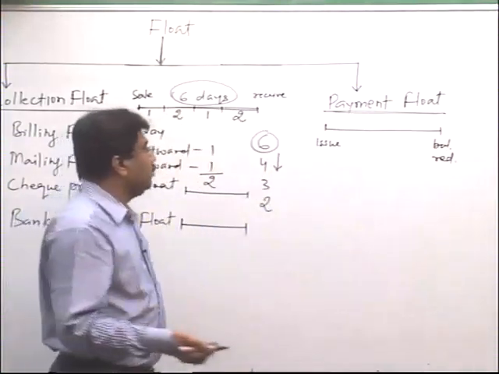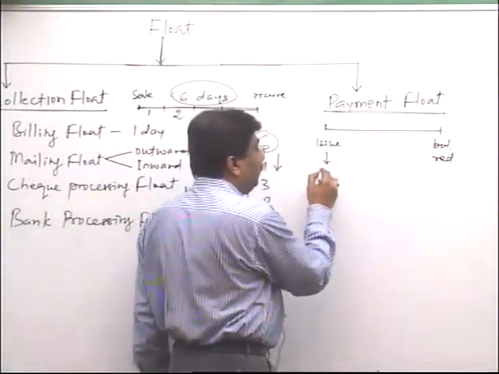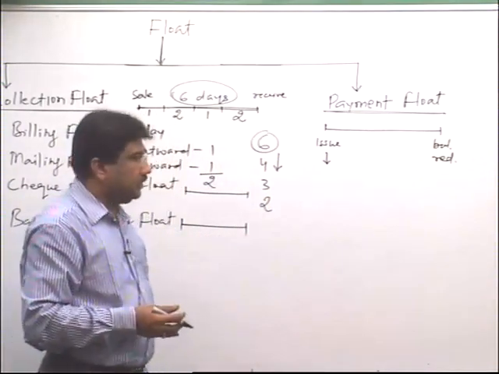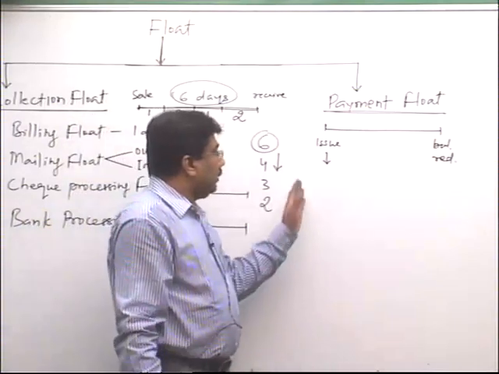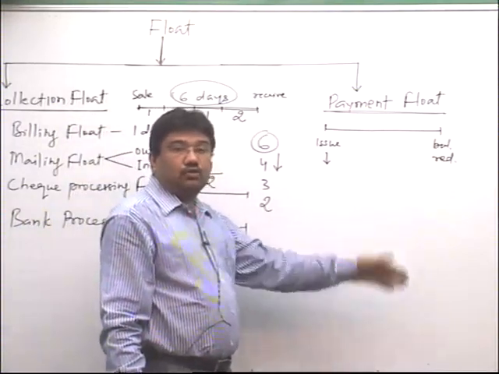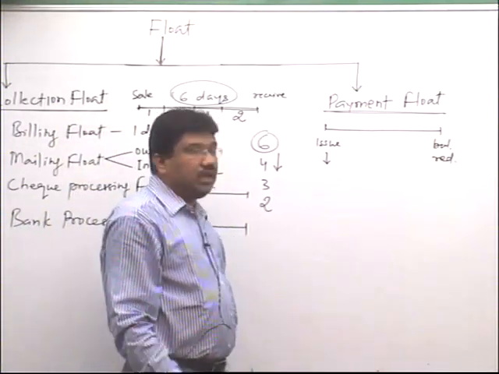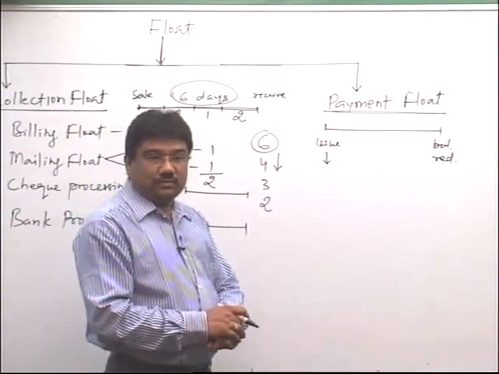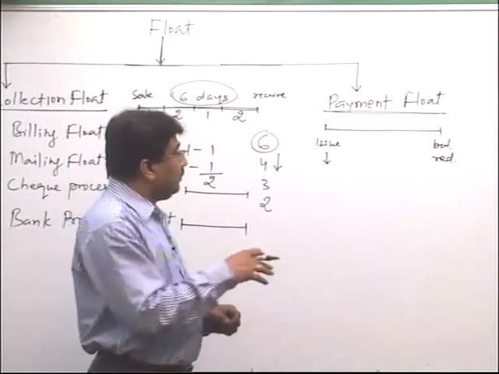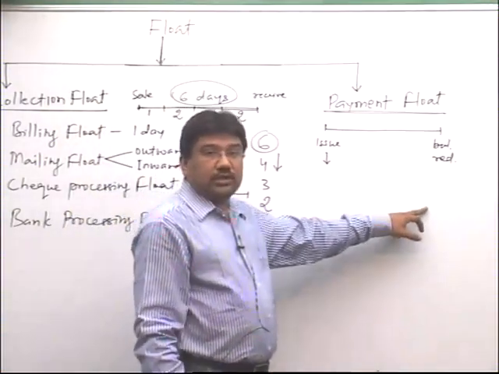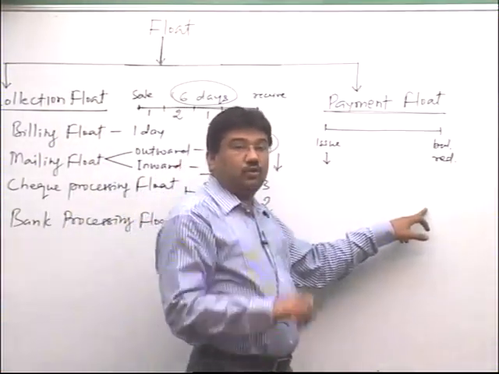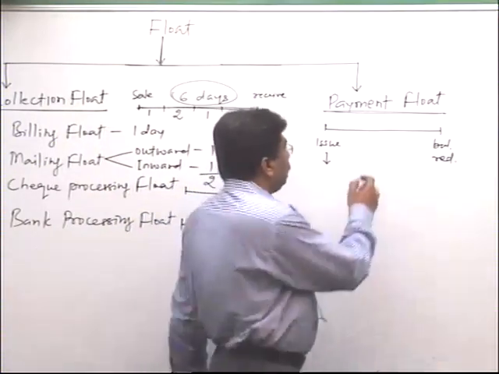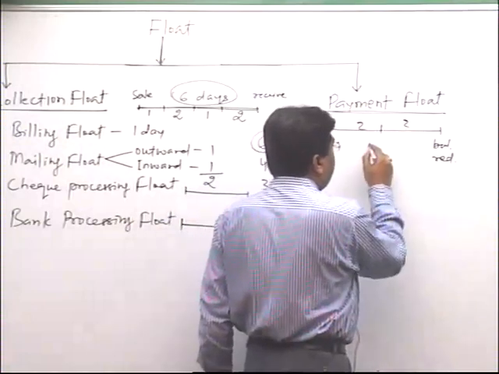Suppose I issue a check today, then today itself my bank balance will not be reduced because of some practical reasons. Those reasons may be any. Suppose the person to whom I have issued the check keeps it for 2 days and does not deposit it. Then 2 days are wasted, and after 2 days, suppose he deposits and it comes to my bank through the clearing house for clearing, and suppose it takes 2 more days. So in total it is 4 days.